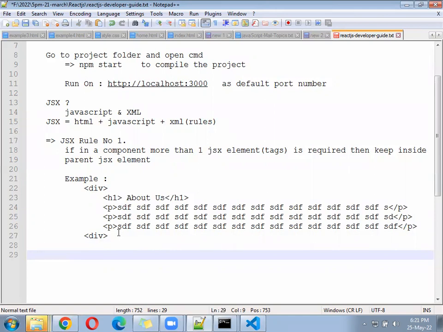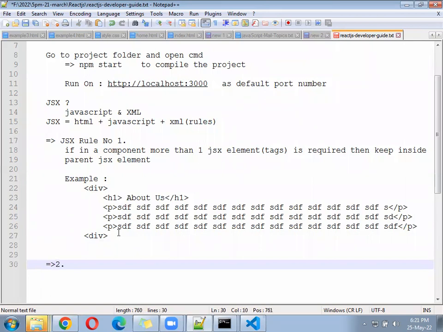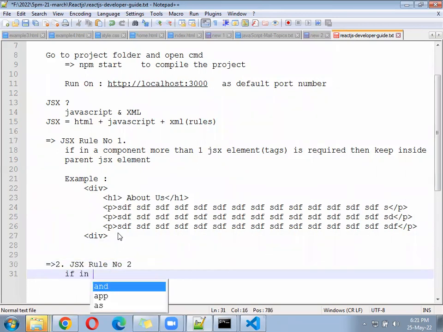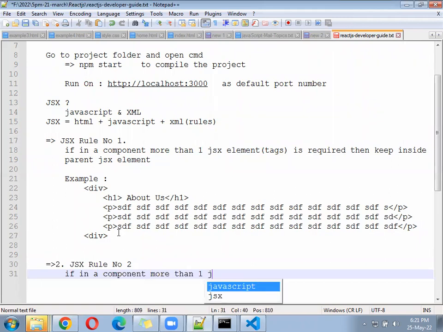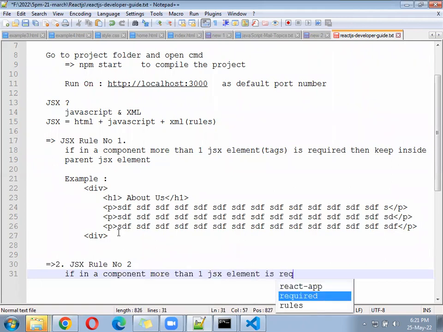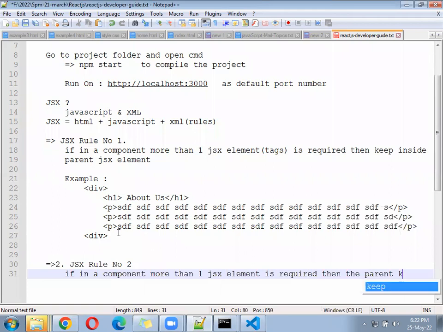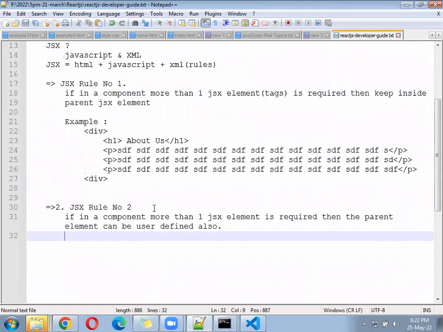So I will write here point number 2. JSX rule number 2: if in a component more than one JSX element is required, then the parent JSX element can be a user defined tag also.